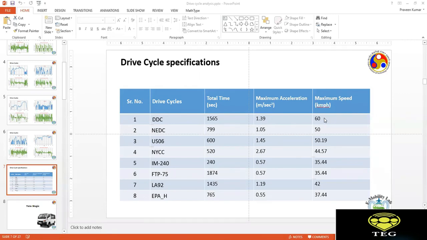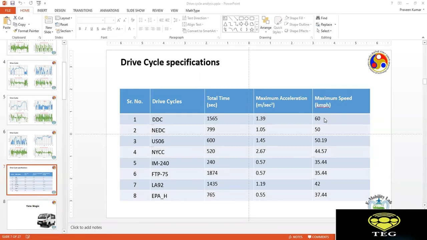Now, looking at this rather simple table in front of us, we can start to make certain conclusions. For example, if you are designing a drivetrain for a vehicle, do you think we can have only one drivetrain which can meet the requirements of all the 8 drive cycles? Here we have taken 8. In reality, there will be many more. So if I design a vehicle for operation in Delhi, will that vehicle actually work successfully in New York? Any answers, anybody?